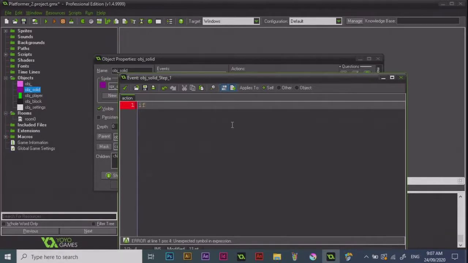If obj player dot y plus 1 is larger than self dot y plus 1, then